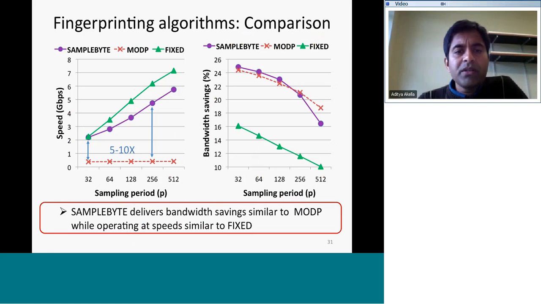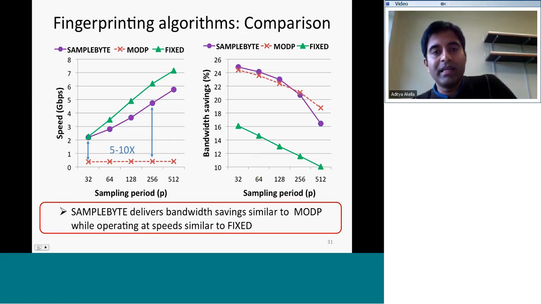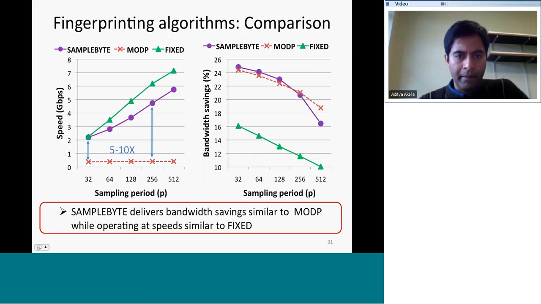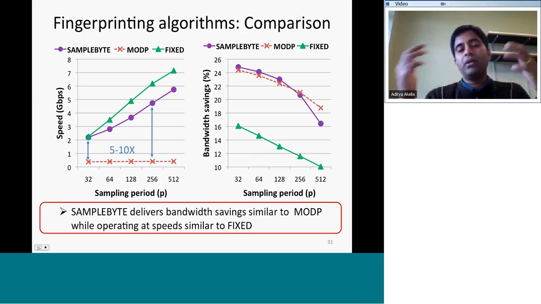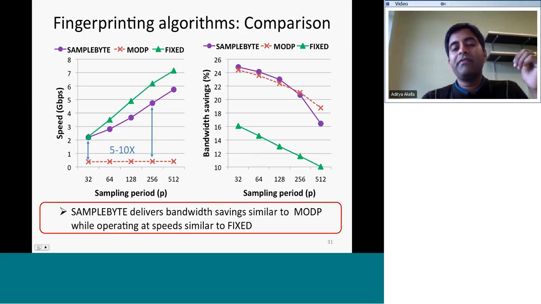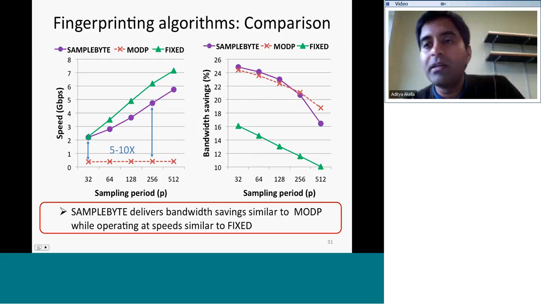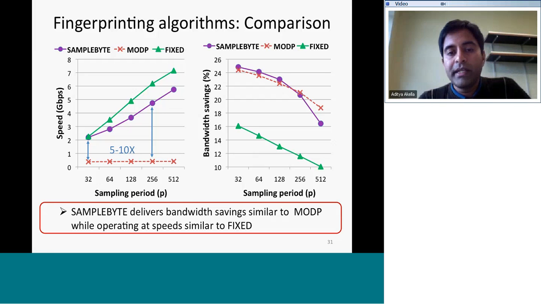The picture on the left hand side is the speed of our redundancy elimination scheme when we use a specific fingerprinting scheme. And the x-axis is the sampling period. In other words, how often you identify these fingerprints. So a higher sampling period means less frequent fingerprints. You can think of it as once every 512 bytes you pick a fingerprint, which would be the rightmost point here.